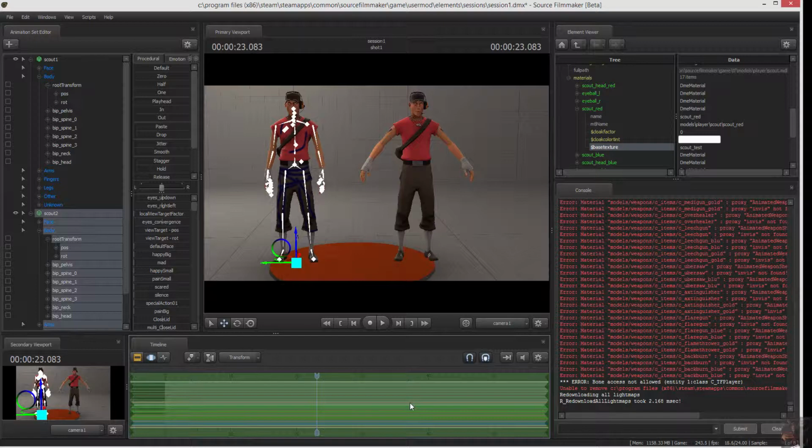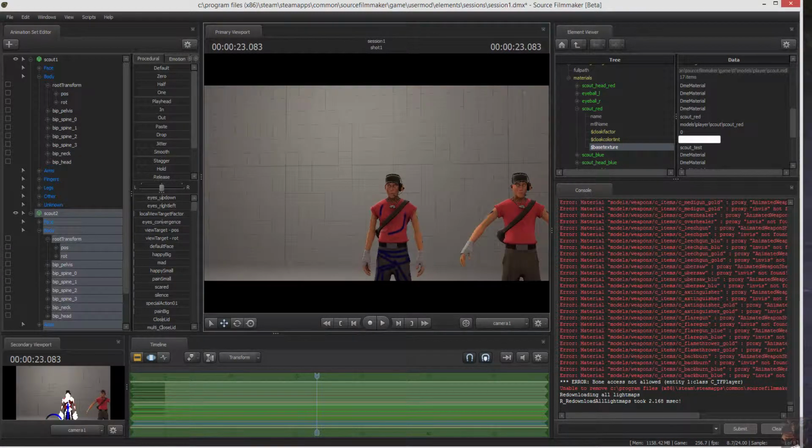And it doesn't have to be in the Scout folder. It doesn't have to be in the Player Scout folder. It doesn't need to be anywhere. It just needs to be in a material folder that Source Filmmaker knows about. As for the irises,